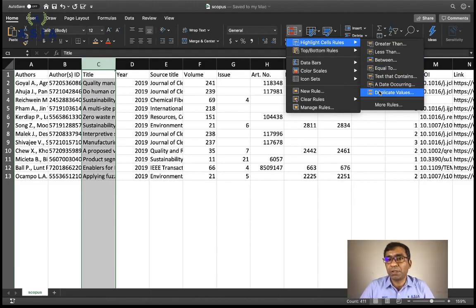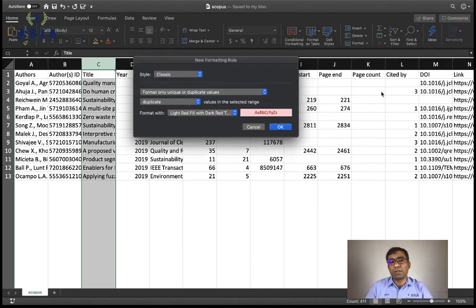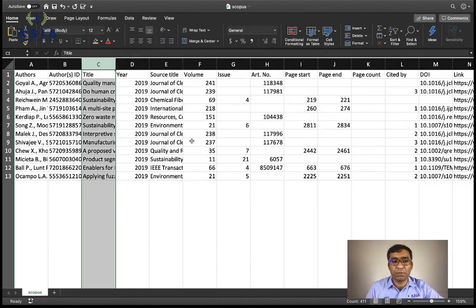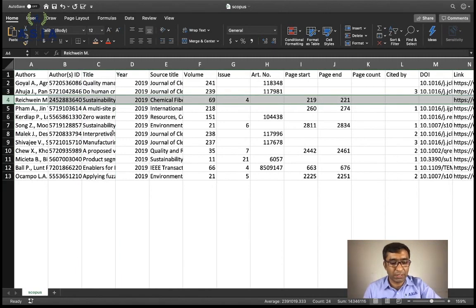There is another option in the data: you can just filter these duplicate records. If you want to just highlight the duplicate records, you can go with this option and click duplicate records, and then it will give you duplicates. We don't have any duplicates here because it is only one